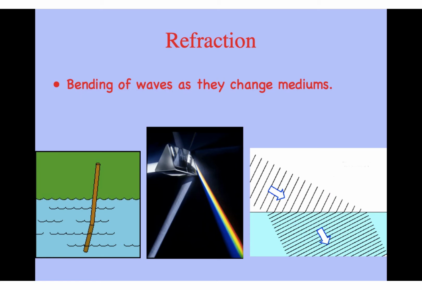So let's first look at the first picture here. The old stick in the water. We would do a pencil in a beaker if we were in class. But as it goes into the water, for that part underwater, the light speed is changed a little bit. Now, your brain doesn't realize that the speed of light has changed underwater. And so your brain interprets that as the stick is not in a straight line, it's bent.